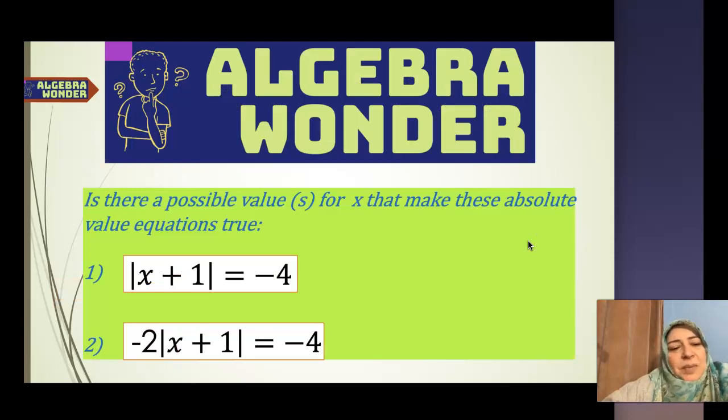Now, it's a question for Algebra Wonder. Is there a possible value for x that makes this absolute value equation true? Is there such an x that will make this true? Absolute value of x plus 1 equal negative 4. Negative 2 times absolute value of x plus 1 equal negative 4. Think about it. Share it with your